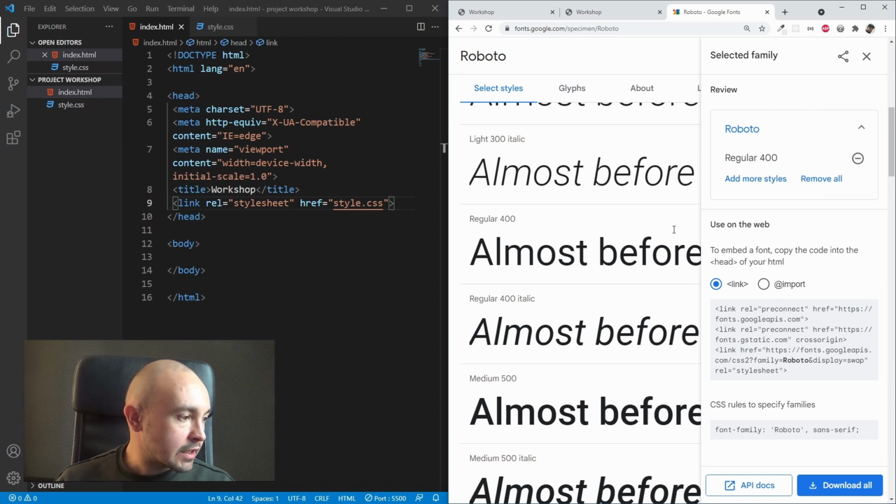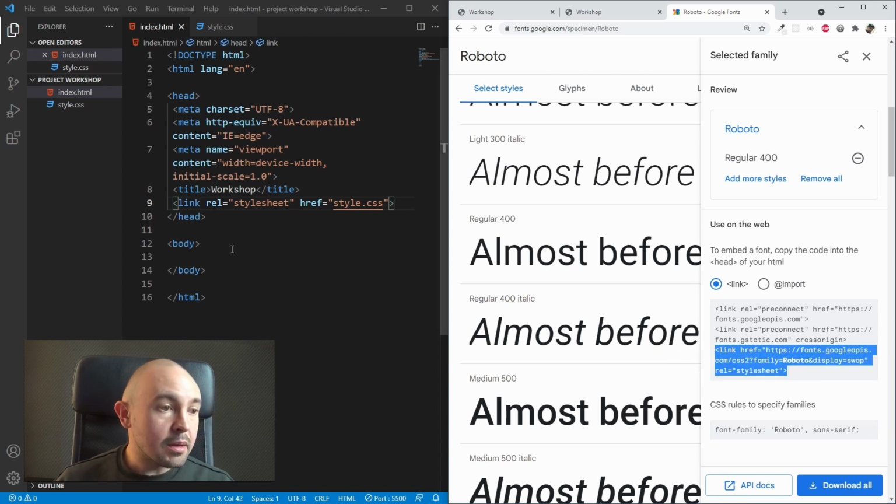And as I showed you before, all we need to do is to copy this last link tag. We are not interested in those link tags with the rel attribute of pre-connect, like this and like this. All we have to keep the attention to is the link tag with the rel attribute of style sheet and the href attribute with the address of our custom font. So all we need to remember is to copy this last link tag from here, copy it, place it to